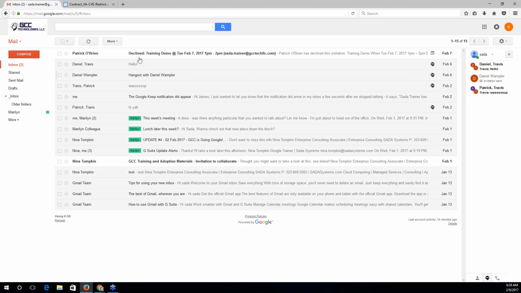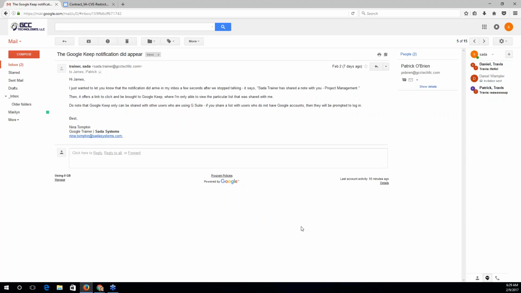First, I'm going to start off by demonstrating how you can interact with your mail. Now, as you can see, by default in Gmail, your messages are listed line by line, and any unread messages have a white background and bold text. Read messages will have a gray background and unbolded text. If you click on a message in the default Gmail view, you'll notice that email is now readable in an entire window all to itself.